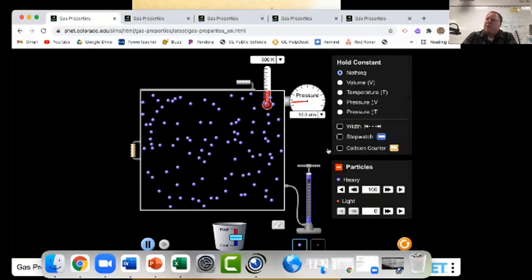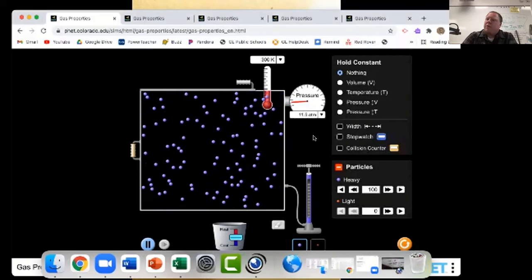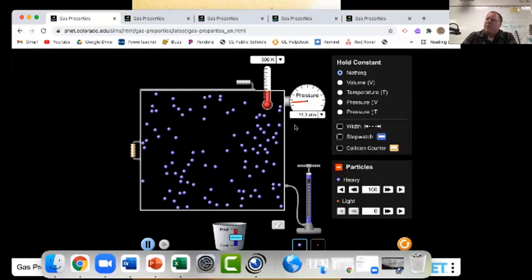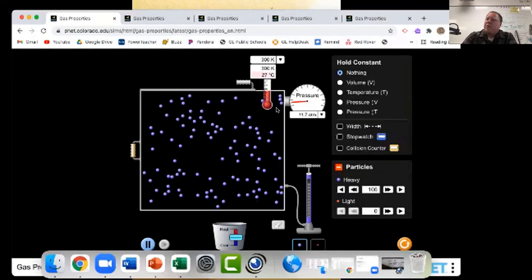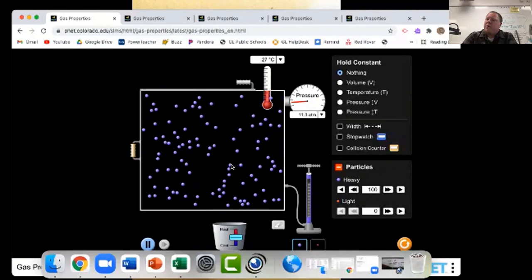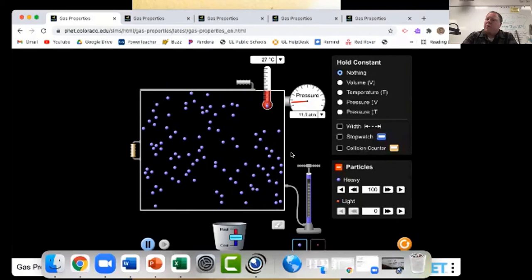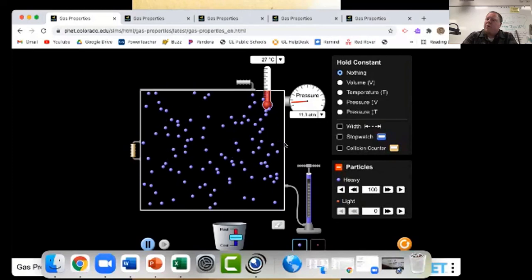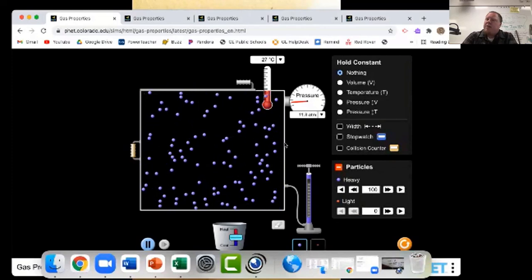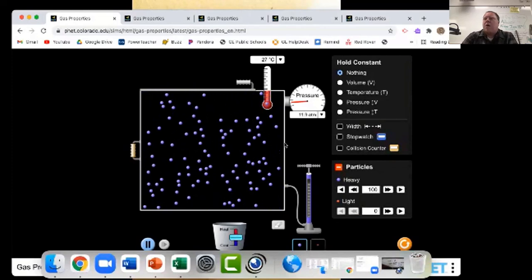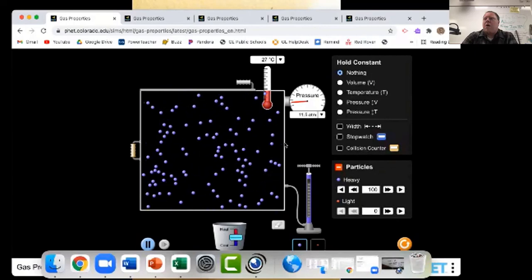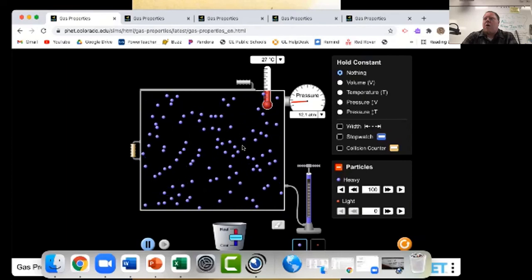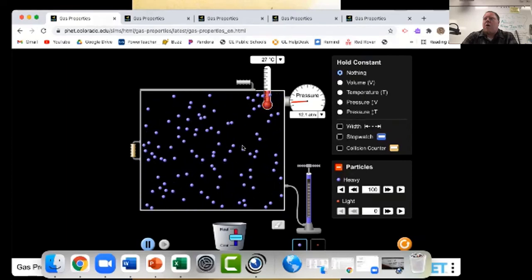So I'm going to come back. And right now I've got a blue gas in here. It's bouncing around. Let's change it to Celsius, 27 degrees. Currently, the pressure is about 11 or 12. Let's go with 11. Now, what I'm going to do next is add more gas into it. The pressure is going to increase because I'm adding more gas, but I'm not going to add the same gas. So I've got these blue ones here and little red ones, and I'm going to add some red ones here.